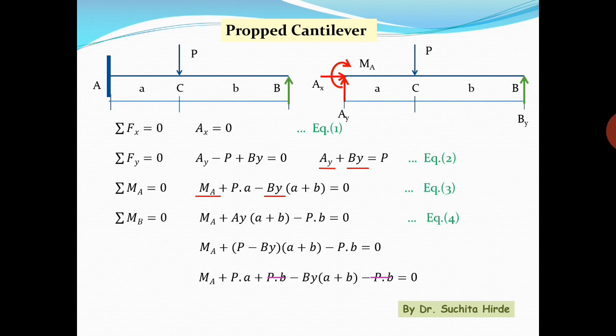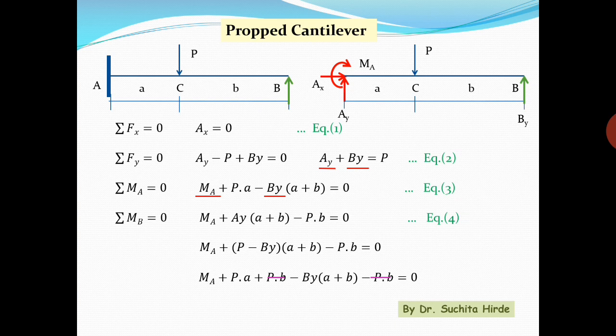So no additional equation we can get from this condition. If you take moment about any point, you will get a similar equation, and therefore it is not sufficient. That means here in this case we have 4 unknowns and only 3 equations to solve those unknowns. So such a structure is called an indeterminate structure. So in this case the number of unknown reactions is more than the equilibrium equations.